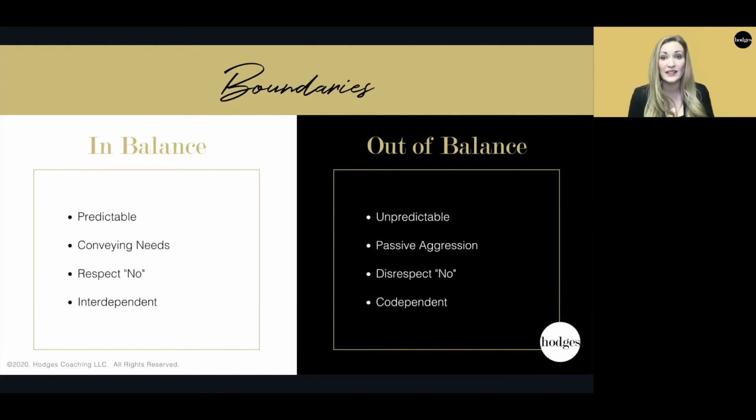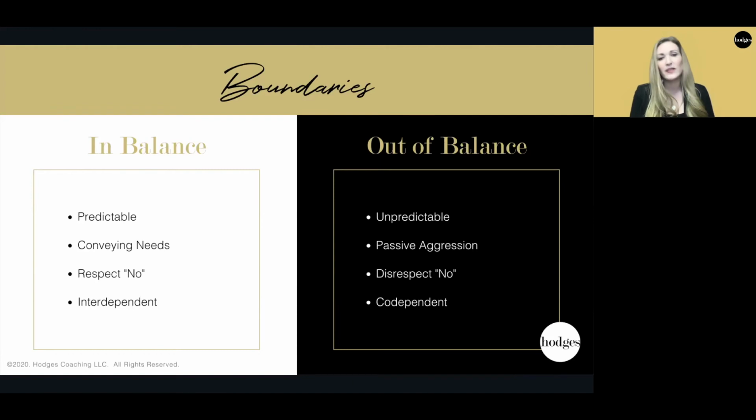Or more obviously, when boundaries are out of balance, you often will have a problem with people respecting the word no. And it's not that they outright disrespect the word no, although that would definitely be going past the boundary. It's that they kind of push at it. Okay, well, is that a no? Not right now. Is that a no? And not for the purpose of gaining clarity, like that's okay if it's done with that intention, but for the purpose of trying to still get what you want at the end.